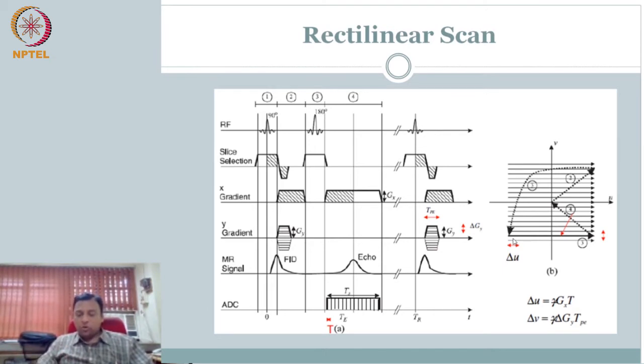Now what we need to do is understand the relationship between delta U, delta V, the total U, and total V. More importantly, this is just the Fourier domain. We are interested in the image resolution in the imaging plane. So what happens when you start with this? What is its effect on the delta X, delta Y? That is what we want to see. The X and Y are the spatial domain, whereas U and V are the frequency domain.